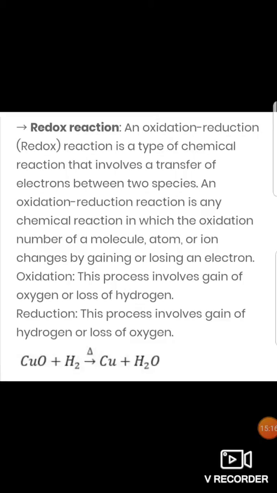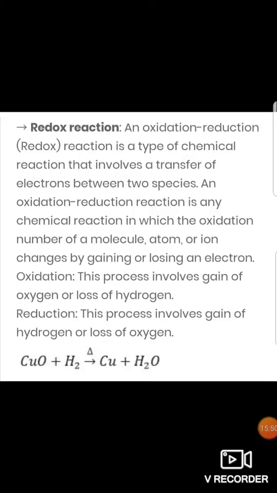Next type is the redox reaction. An oxidation reduction reaction is a type of chemical reaction that involves a transfer of electrons between two species. An oxidation reduction reaction is any chemical reaction in which the oxidation number of a molecule, atom or ion changes by gaining or